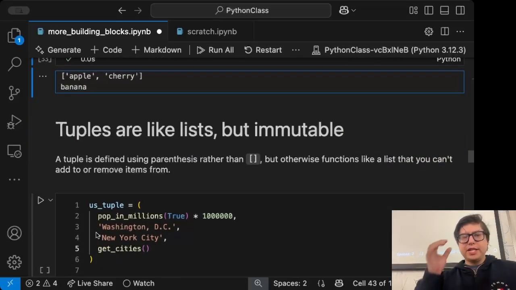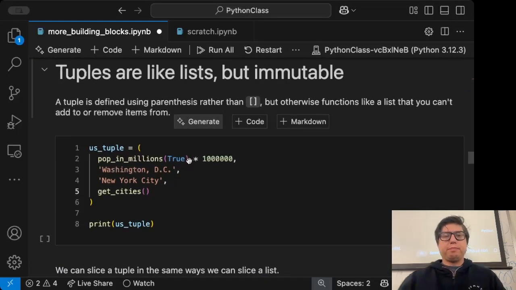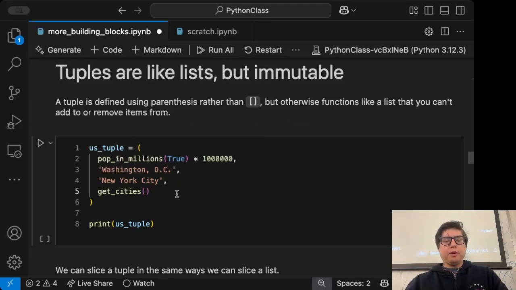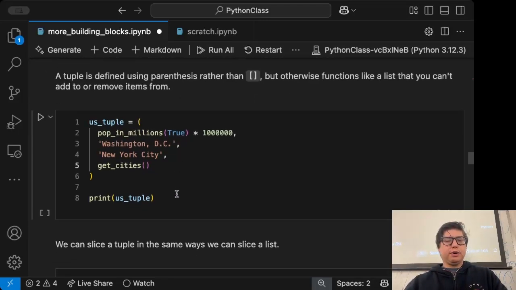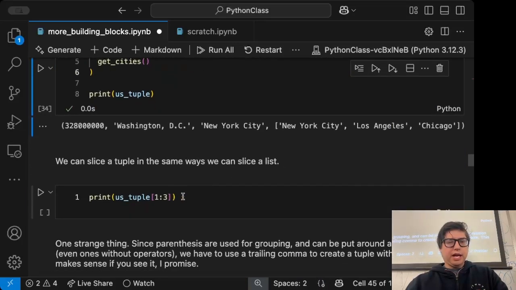And I think we covered this last week, but tuples are like lists, but immutable. So a tuple is defined using parentheses rather than brackets, but it otherwise functions just like a list. So you can slice it. So here I can create a US tuple. I can slice it,